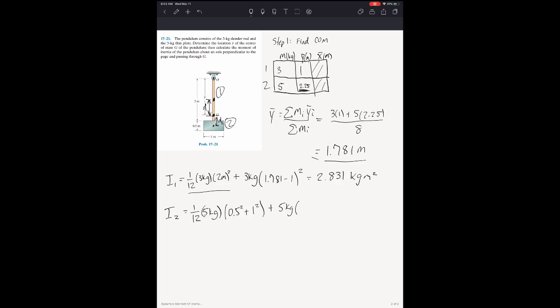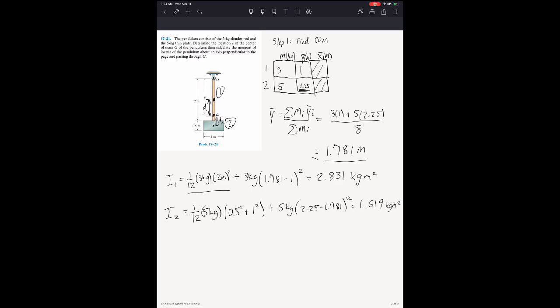So I'm going to go ahead and just do 2.25 minus 1.781 squared, and that's going to be equal to 1/12 times 5 times 0.5 squared plus 1 squared plus 5 times 2.25 minus 1.781 squared is equal to 1.619